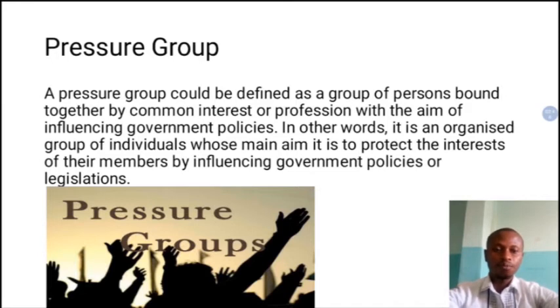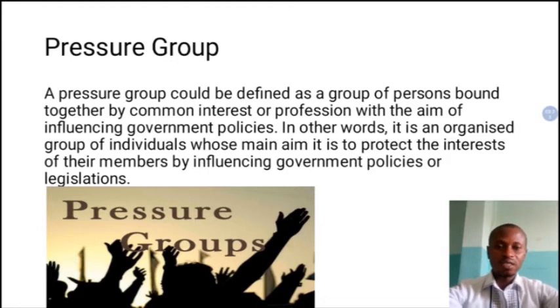For example, I cannot be a member of NMA, Nigerian Medical Association, because I'm not a medical doctor. And a medical doctor who is working in the hospital cannot belong to NUT, Nigeria Union of Teachers, because he is not a teacher. So you can see, it may be as a result of interest. For example, Market Women Association. Their interest is that they are in the market. They want to protect their occupation. So if you don't have the same interest, you can't be their member. So it's either interest or profession.